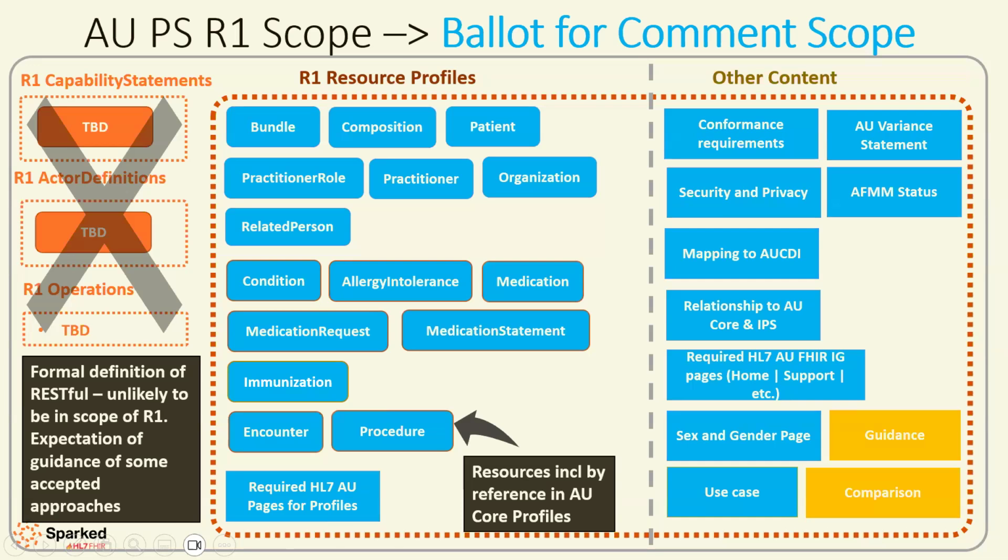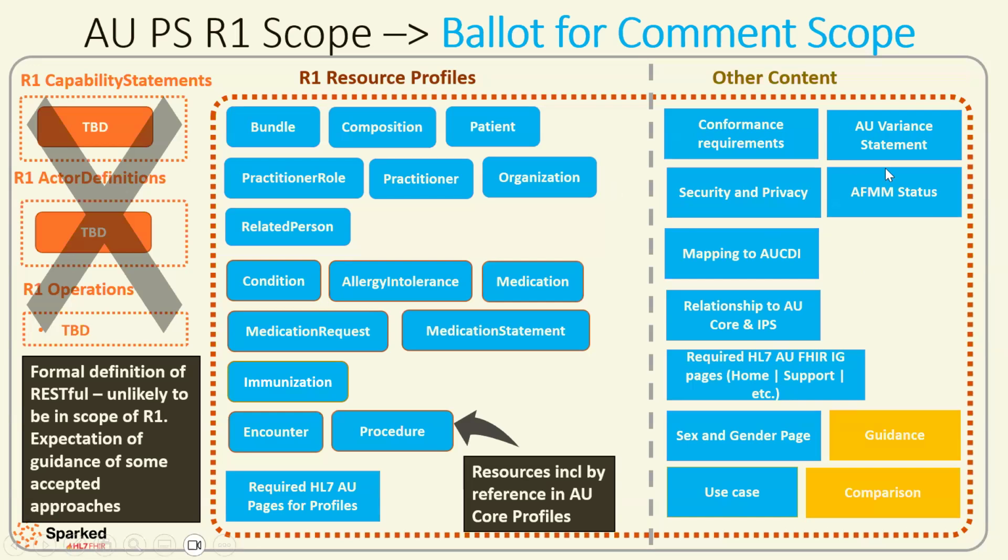And I think we should also be aiming to have drafts of the following pages and content on the right. Because those things are mandatory, we really should be working towards having an initial proposal, or things we're at least putting to the community for feedback on the direction we're going for ballot for comment. Even if they're not the final, that's fine. We can put something out for ballot for comment. We should really be aiming for that. And I really think we should be aiming to have the use case in that as well.